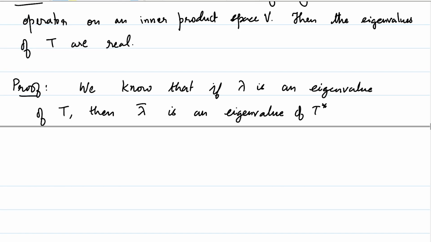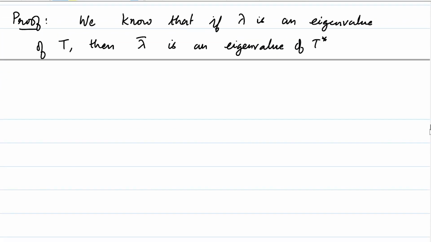In the case of a normal operator, we know more. We know that the eigenvector corresponding to lambda of T will be the same as the eigenvector corresponding to lambda bar of T star. So since self-adjoint operators are normal,